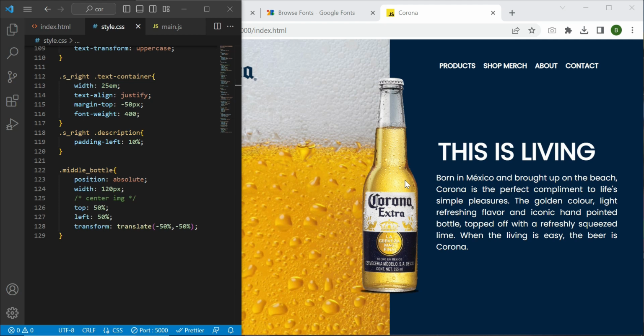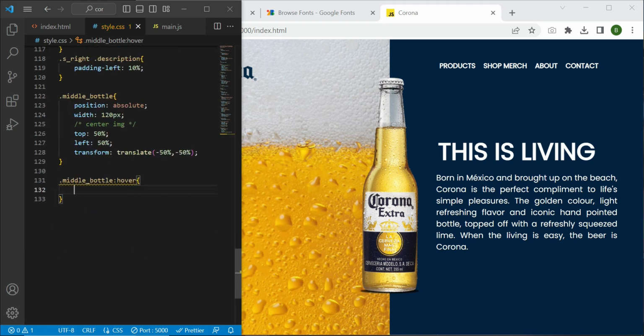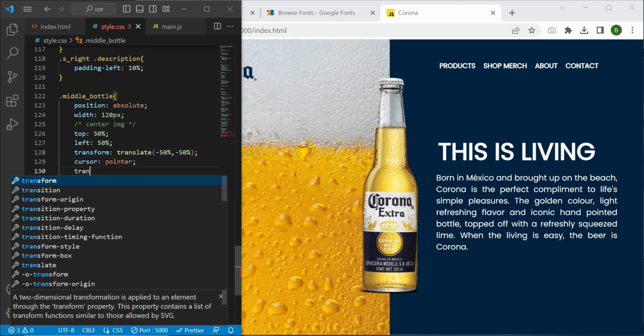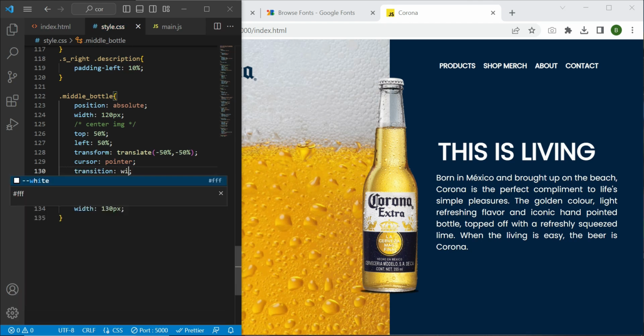Okay, now I need to give it a hover effect. For this part, I just need to say the following. If I hover this container for my image, I just need to change the width to 130 pixels. So if I hover, there you go. But let's give it a cursor of pointer, and I want a smooth transition, so I will say transition property is going to change the width, then the duration, and the speed of my animation. So if I hover again,